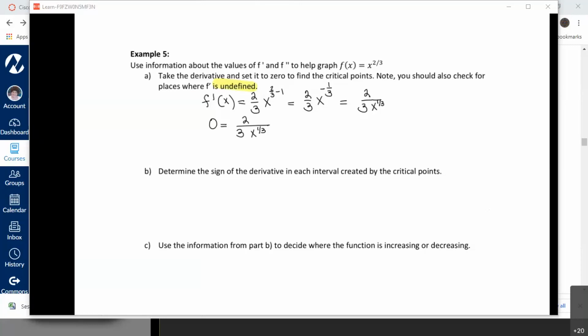Yeah, multiply the denominator on both sides. You might remember when you've got algebraic fractions, you want to clear the denominators. So I'm going to multiply both sides by 3 times x to the 1/3. You can see these cancel out. And I get